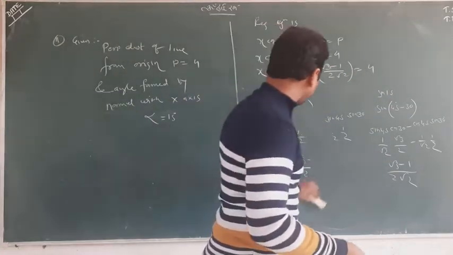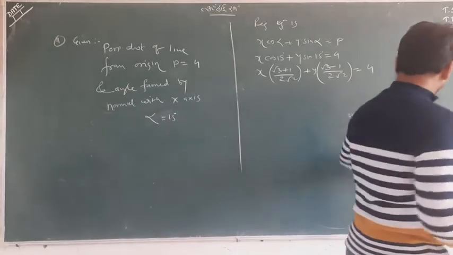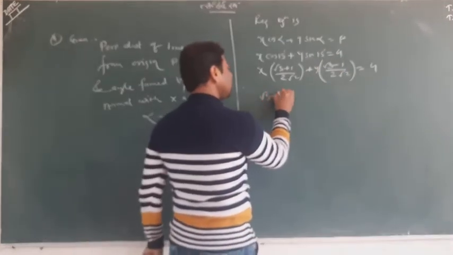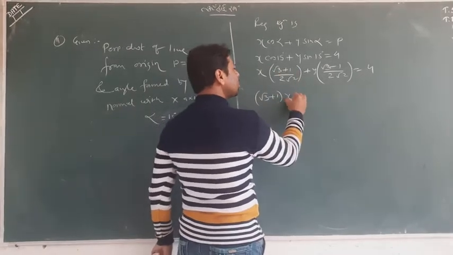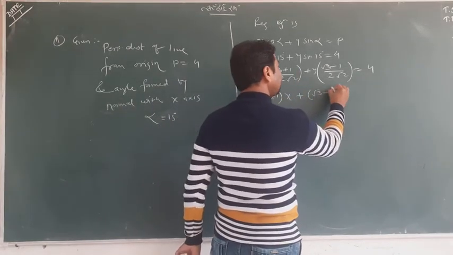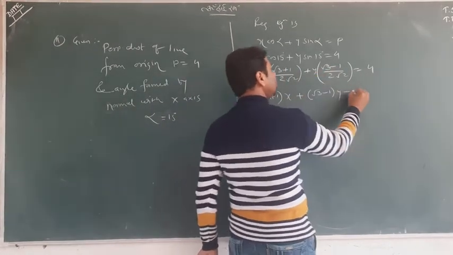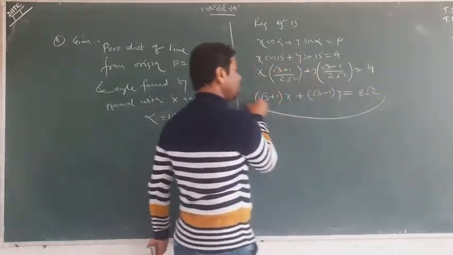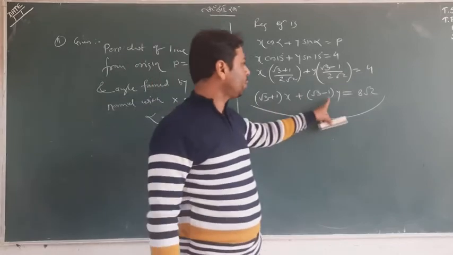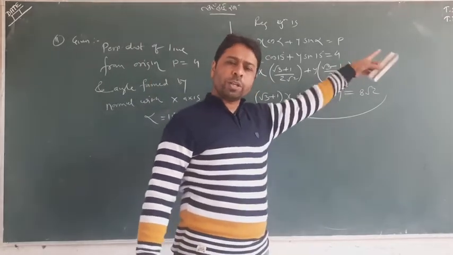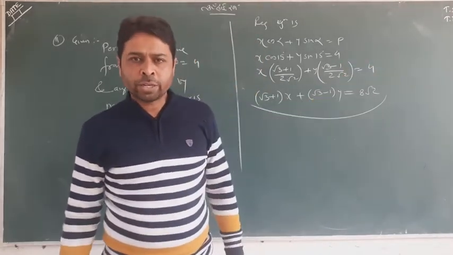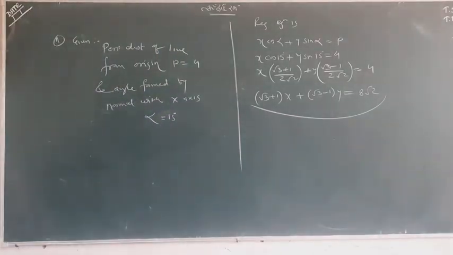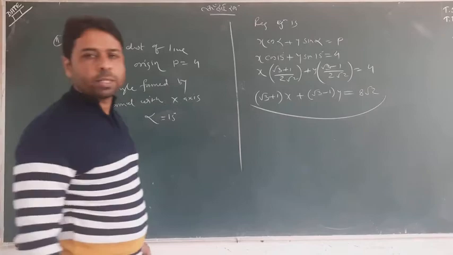Now we will arrange it all. This is the numerator into x, this is the denominator, numerator into y, and these two are equal, so we transfer this to this side. And this is the answer, Ax plus By. You can transfer this here or you can leave it on the right side, it does not matter at all. So this is your answer. Hope you have got it. It was a good question.